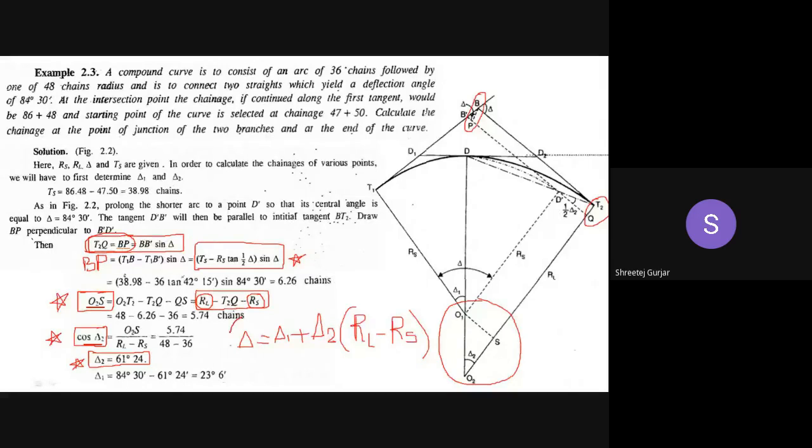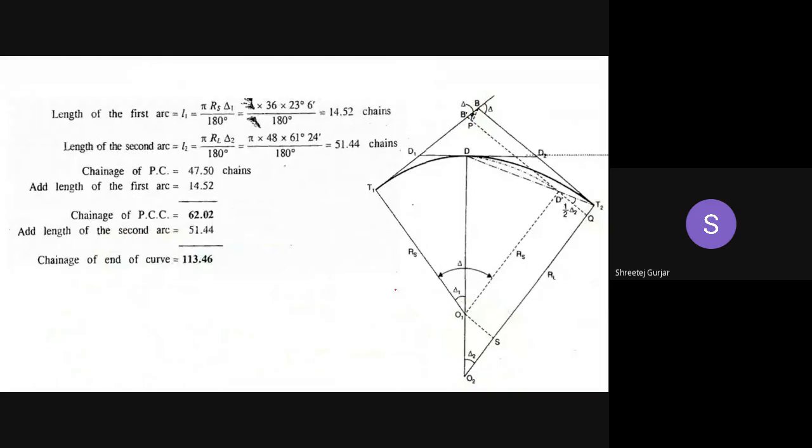So we know delta and we know delta 1, right? Only unknown here is delta 2, which we can calculate like delta minus delta 1 is equal to delta 2. Okay, so once you calculate delta 1, you can calculate delta 2. Both these values you can calculate. And once this is known, rest of the problem is easy. Okay, this is the first step what you have to do. All these things if you do first, then next thing is just calculation.